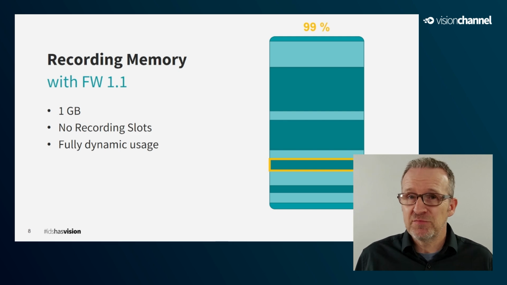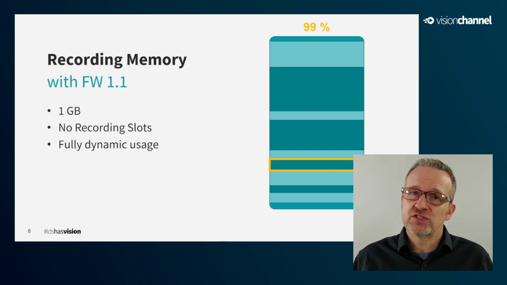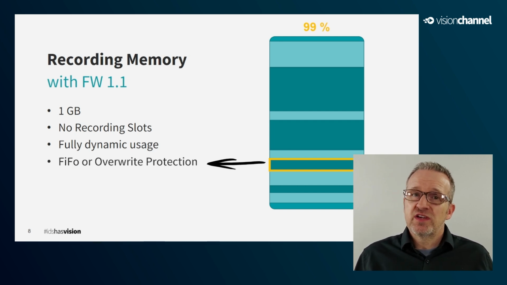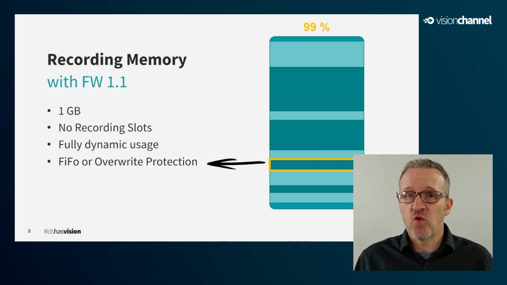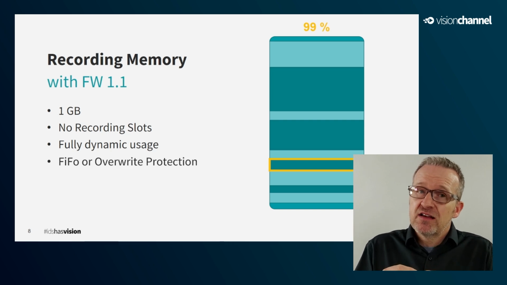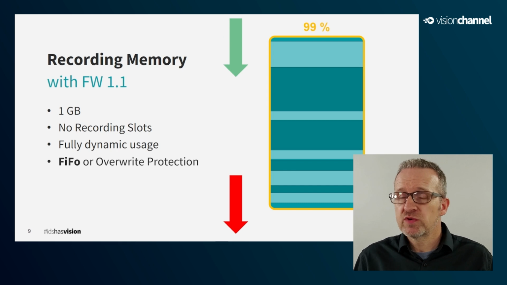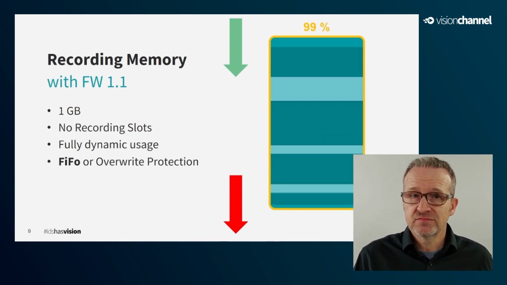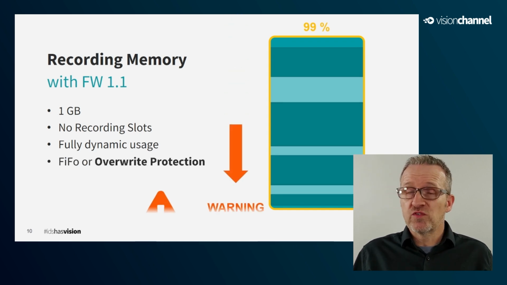In case the camera's internal recording memory of 1 gigabyte is too small for your application, which can easily happen if many events occur in a short time, there are two more features to solve this issue. With the override protection, you can now decide yourself whether new video recordings may override the oldest ones or not. In other words, the memory either continues to work in first in, first out mode, where newly created recordings replace the oldest data in the memory, or you can protect the memory data so that it is not overwritten or deleted.